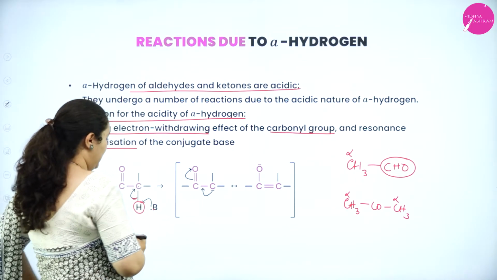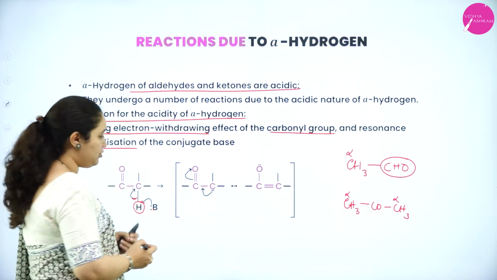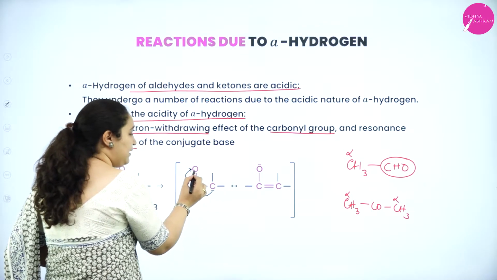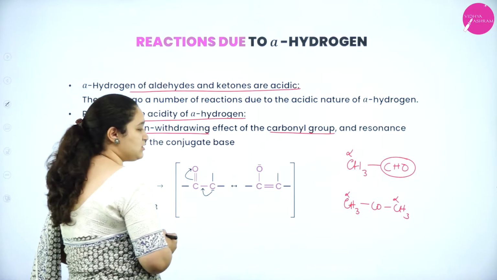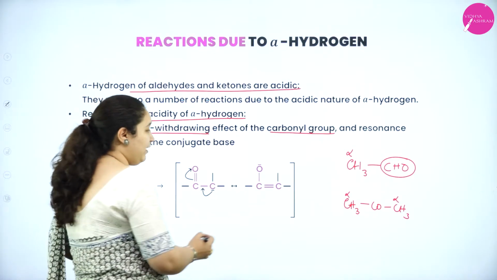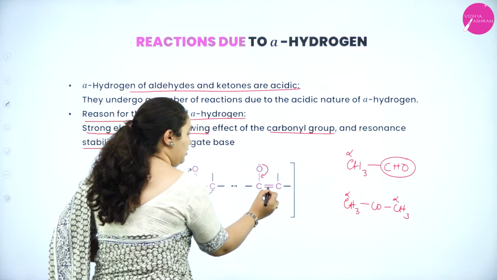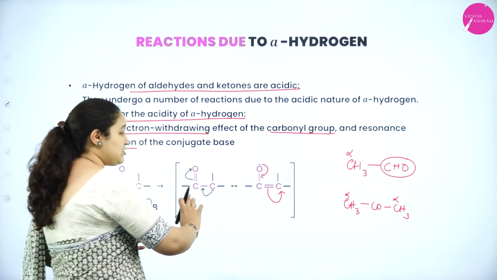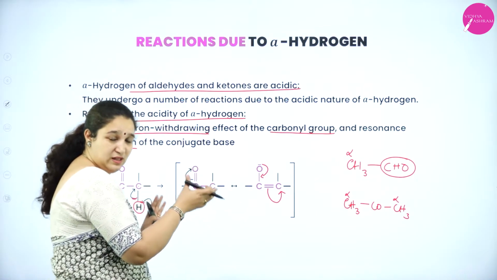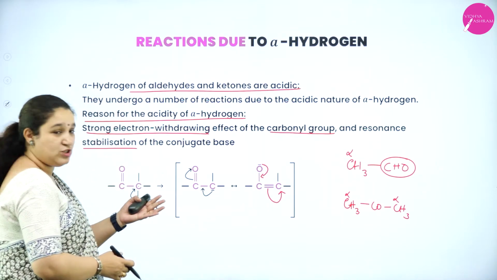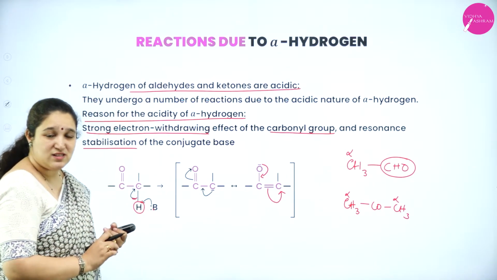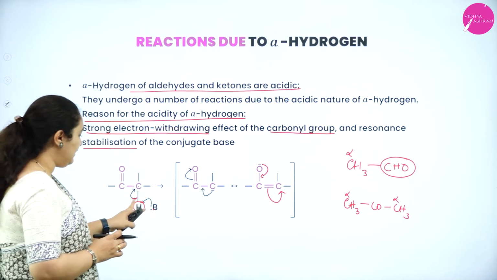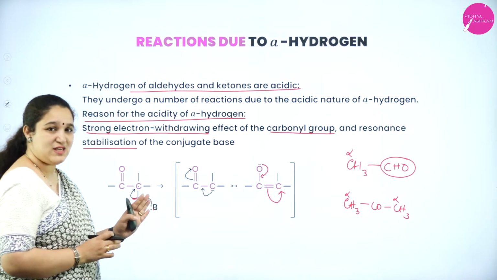That is because it is taking up the electron of the hydrogen also, and that one pair of electron will form bond, and the carbon and oxygen double bond will go as charge on the oxygen. Okay. Same way, this charge can come as bond. This bond can again go as charge. So, there is a resonance stabilization if the alpha hydrogen is lost, and that is the reason why alpha hydrogen is acidic. So remember, if there is a nucleophile, the alpha hydrogen is easily lost as H plus ion.